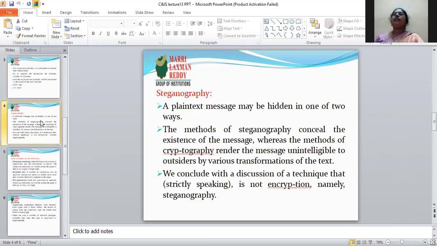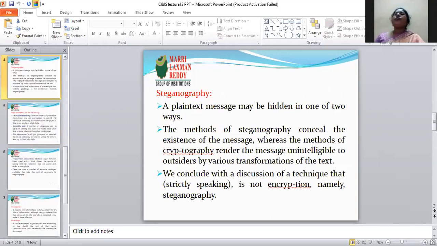And next one, steganography. A message may be hidden in one of two ways. The plain text message may be hidden or secret writing in one of the two ways.